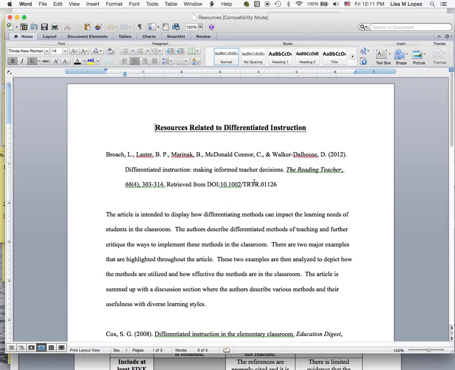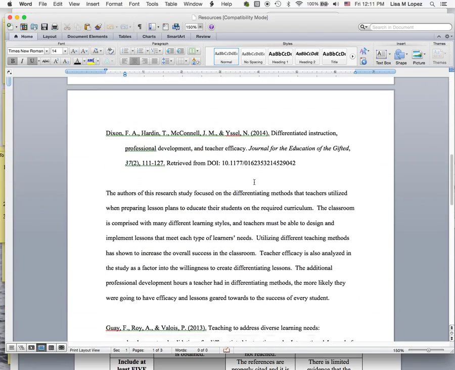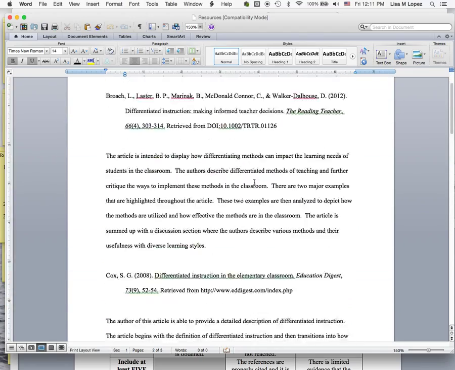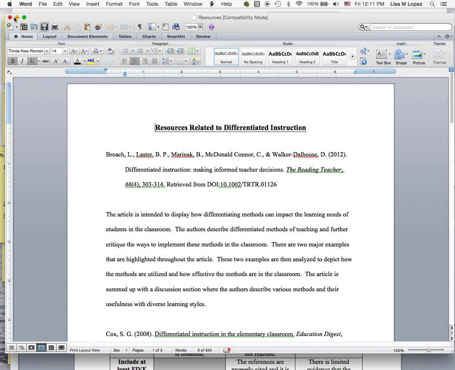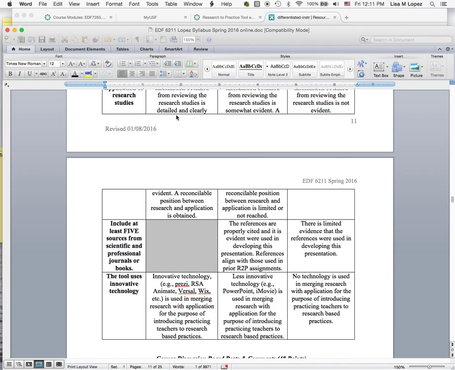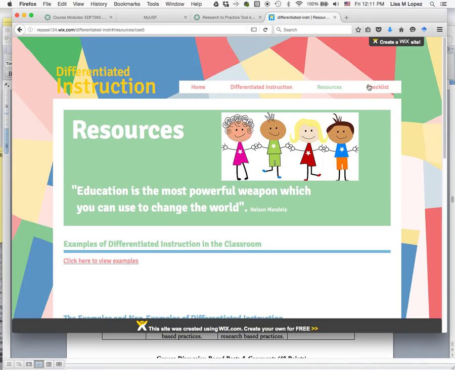So here are her resources, and she actually included her annotated bibliography. That isn't necessary. You can just include the references. You don't need to include the annotated bibliography as well. And the other thing she did was